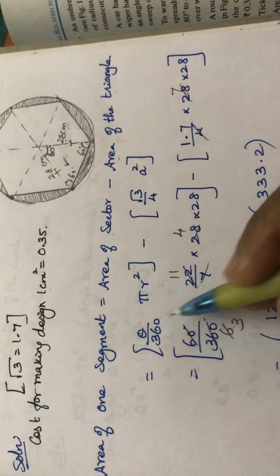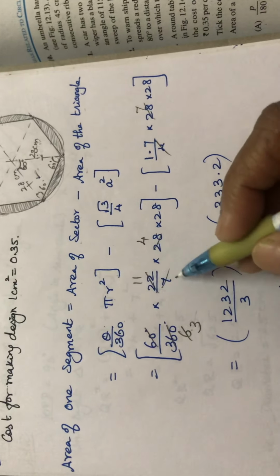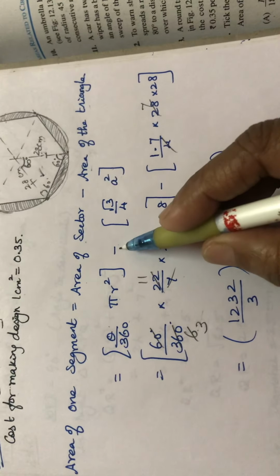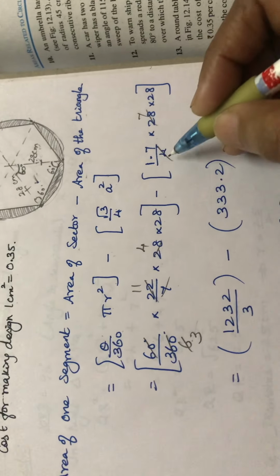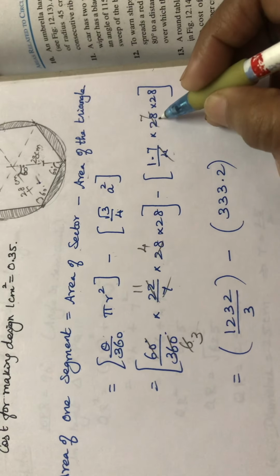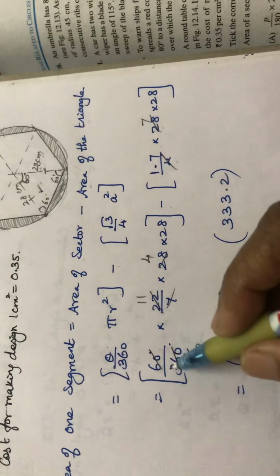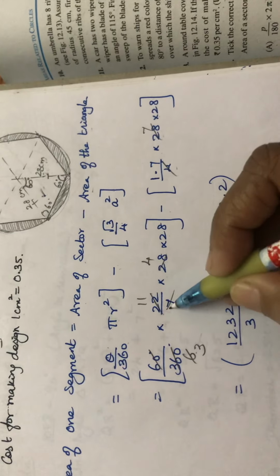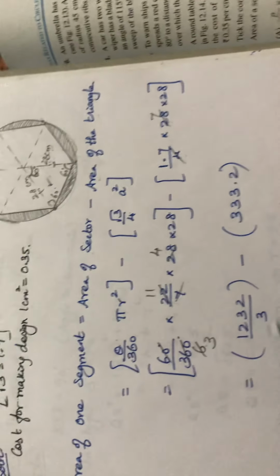Now I am going to substitute. Theta value is 60 degree, divided by 360 into pi value 22 by 7 into radius 28 into 28. This minus I am writing as it is. Root 3 value they have given 1.7 divided by 4 into a value, here the side of the triangle is 28 into 28. Now I am cancelling here 6 times, then 6 and this 22, 3 and 11. Then I can cancel this 7 and 28 4 times. This 4 and 28 7 times I can cancel.